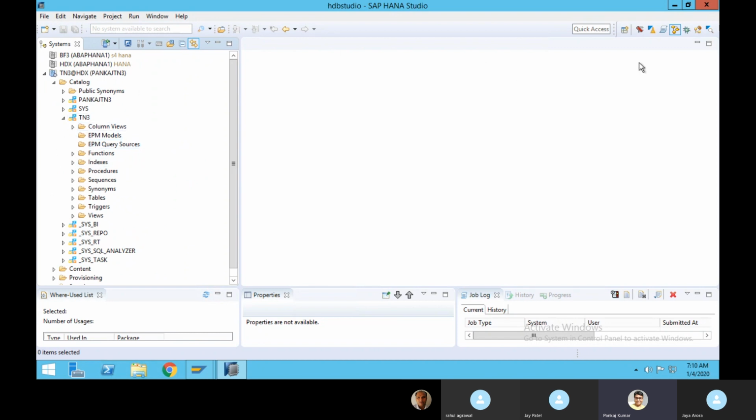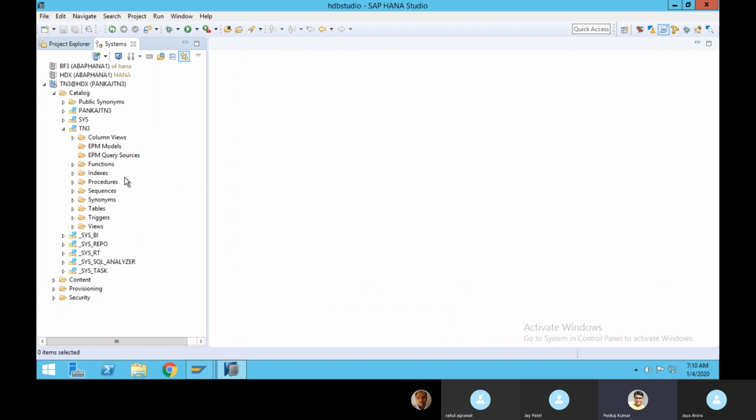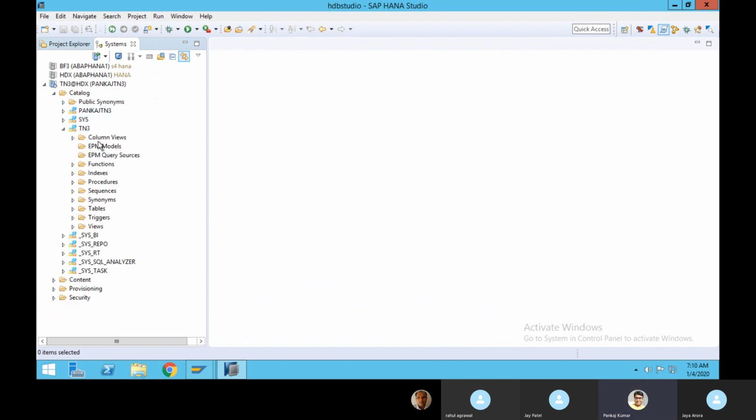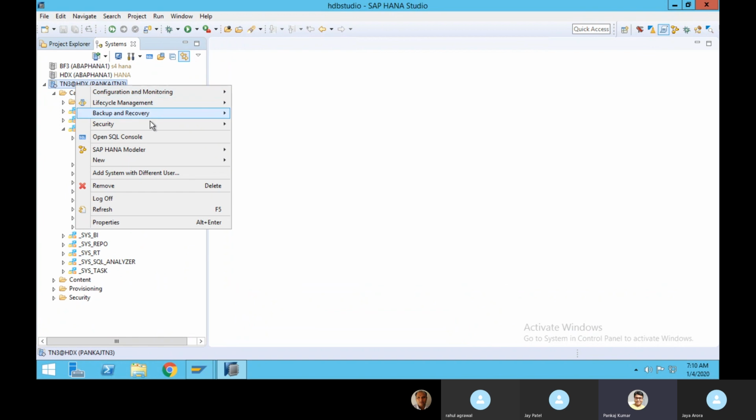As a HANA developer, you can see this SAP HANA development perspective. You have to come over here, and since I have this catalog and all, generally here also you will be able to see this catalog. From here you can go to the open SQL console, and from here you can also create the information models, meaning attribute view, analytic view, and calculation view.